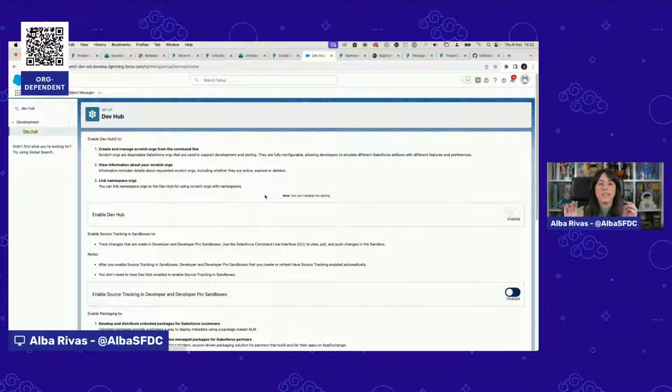The code is in your local copy of your repository, and you use the dev hub just as a reference, a place where your package versions and your packages are going to be listed, right? And there's, for instance, the code coverage and some other properties that we are going to see now. But you don't need to deploy your code to the org that acts as a dev hub, right? Then